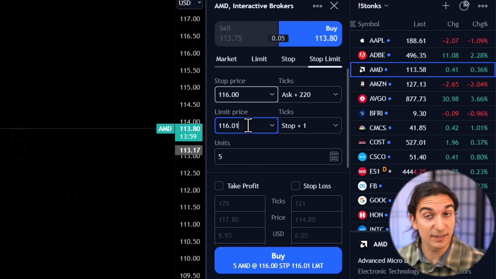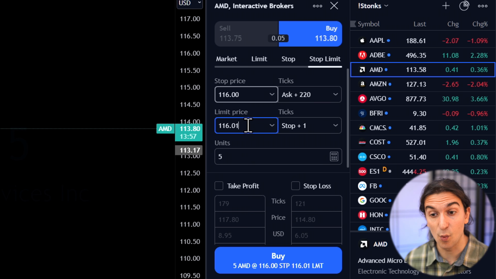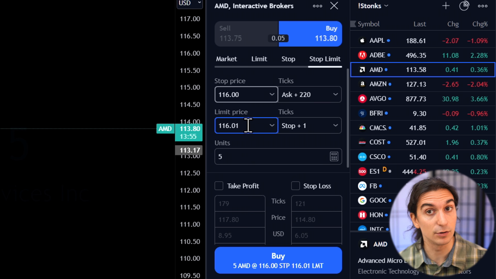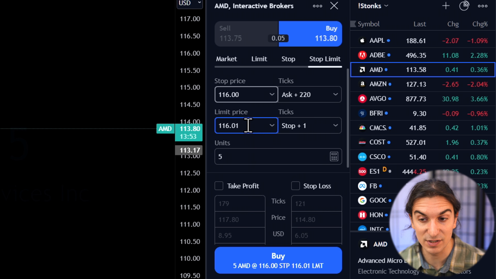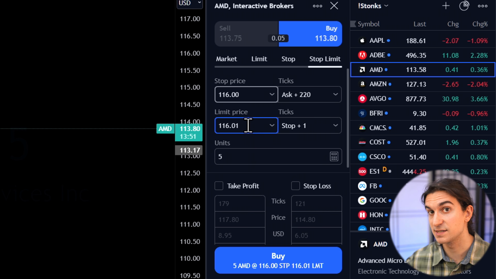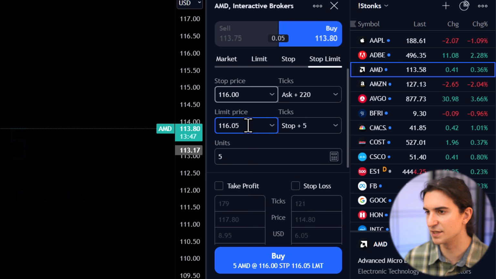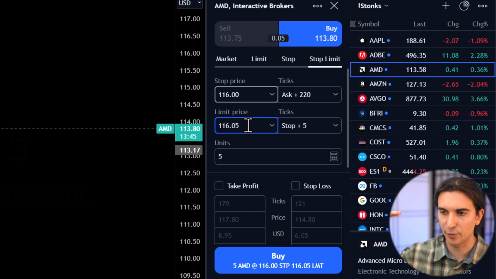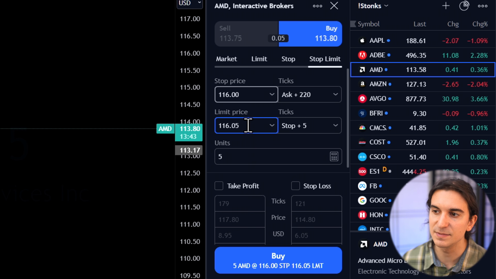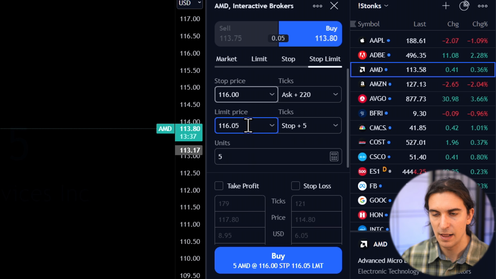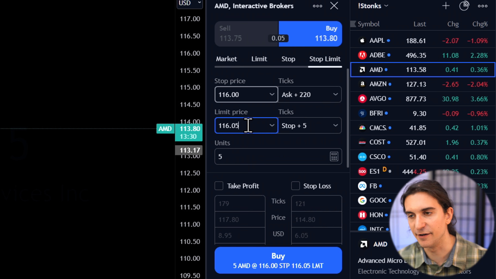Now, if you think that you're putting your order at a price where when it gets there, it might not look back, or it might only trade there for a few seconds and it's gone, you might want to set a larger offset. So I'll set a larger offset, like 5 cents in this case. Now, what this means is that when that stop price is achieved, meaning that when AMD reaches a price of 116, the stop condition will be triggered, and then I will be allowing as high as 116.05 for that order